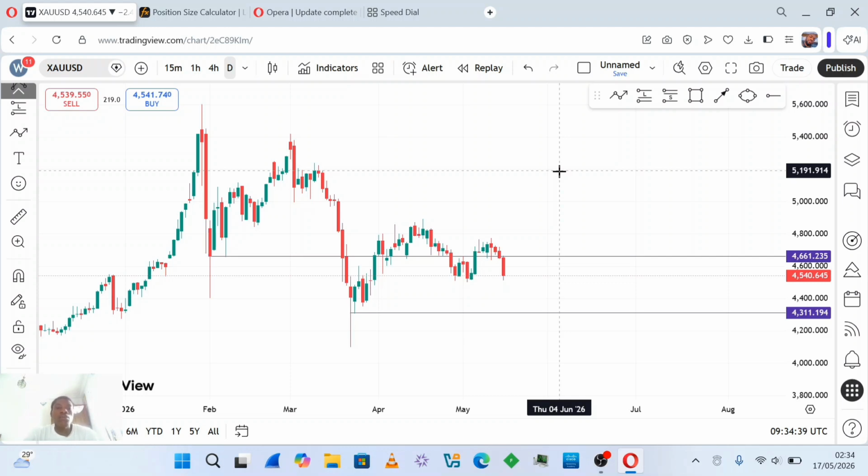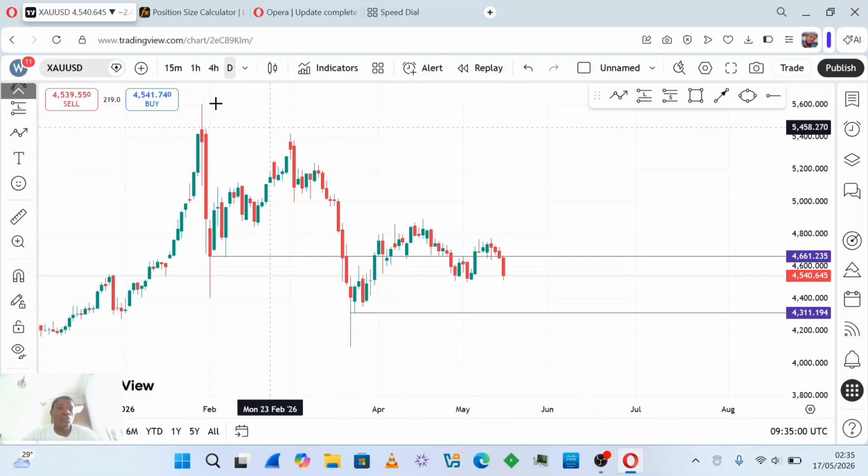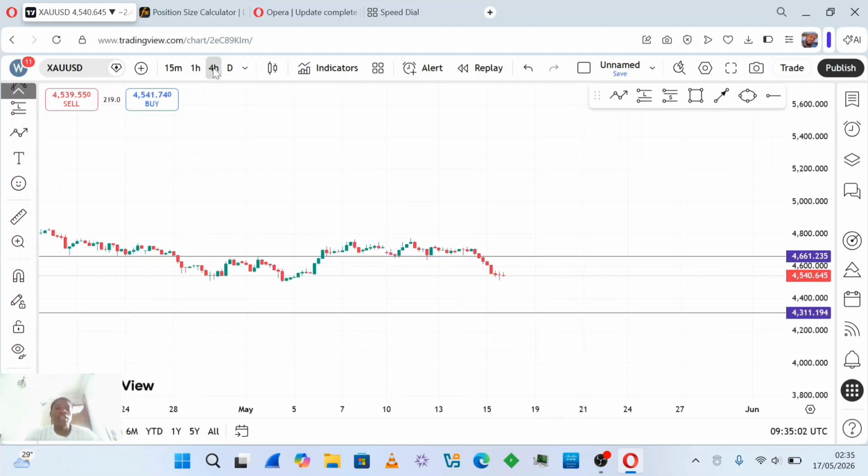Now, being able to identify the trend and the major levels in the market on daily time frame, I need to head down to 4 hours time frame, because you cannot make a decision off of one time frame. You need to be able to use multiple time frames to be able to know exactly what you should do. Now, going to 4 hours time frame is where I will start making decisions